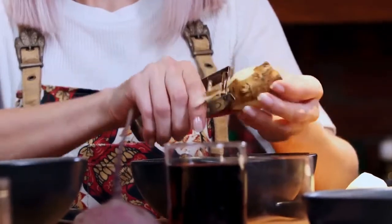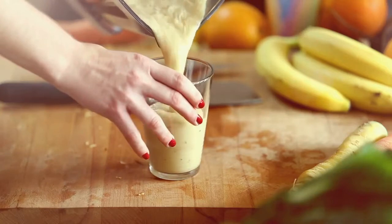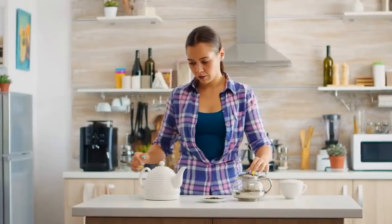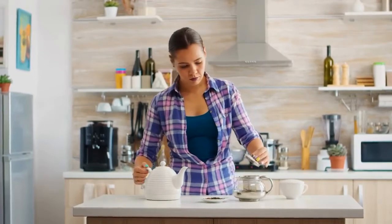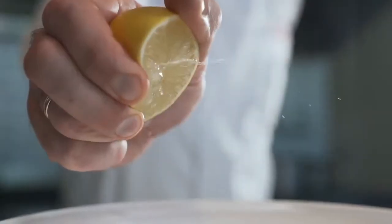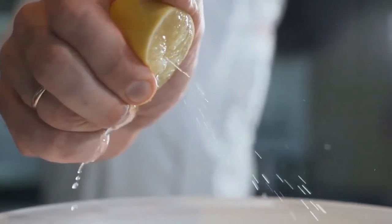How do you prepare this amazing fat-burning juice? Peel and blend the ginger. Strain and pour the juice into a glass. Pour out half a glass of hot water. If the water is too hot, allow it to cool off for 1 to 2 minutes. Squeeze half a lemon into the water, add 2 to 4 tablespoons of the ginger juice, add 1 teaspoon of